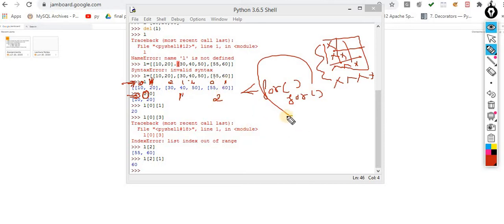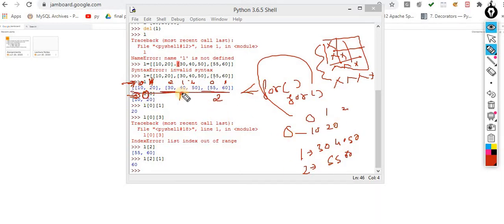So if I represent it in this format, then what will be there on the 0th row? I am saying it will execute for 2 times, 10 and 20. On the 1st row, it will execute for 3 times, 30, 40, 50. Okay. On the 2nd row, it will execute only for 2 times. So this is the logic. By the way, I am giving you one assignment: you have to represent the data in this format. So here you have to use exactly the same logic that we covered in, I think, the 3rd or 4th chapter.